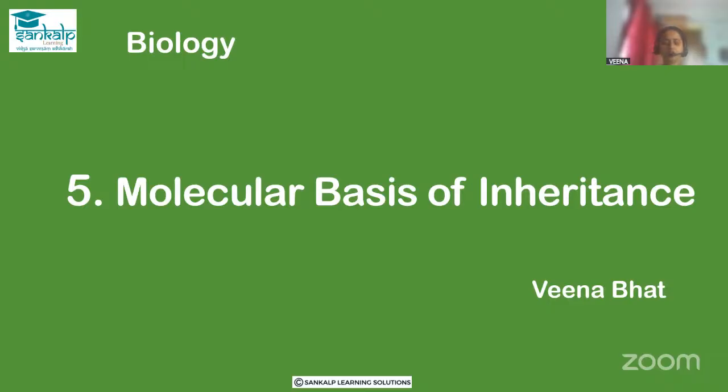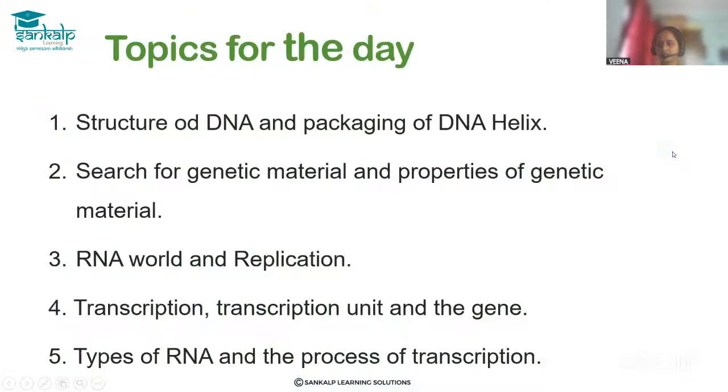So today we are going to solve the LBA-KCET questions on fifth chapter, that is molecular basis of inheritance. So let's begin with the topics. Today we are going to discuss the structure of DNA and packaging of DNA helix, the search of genetic material and properties of genetic material, and then third, RNA world and the replication